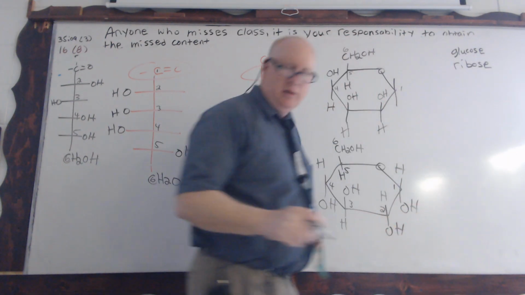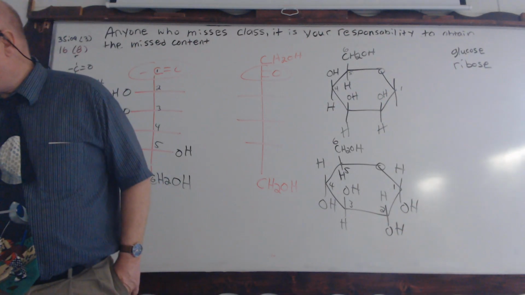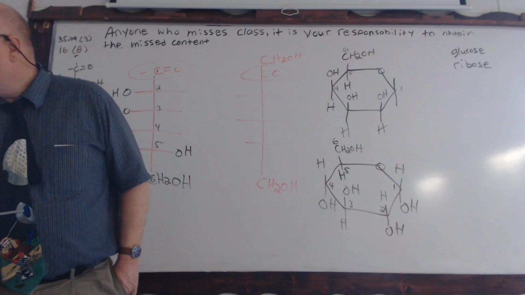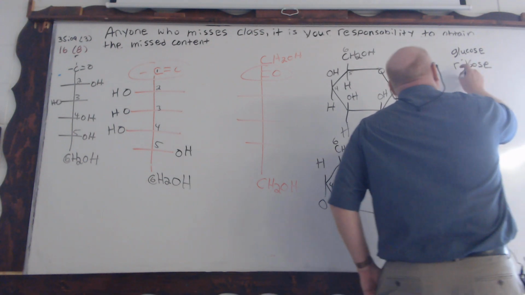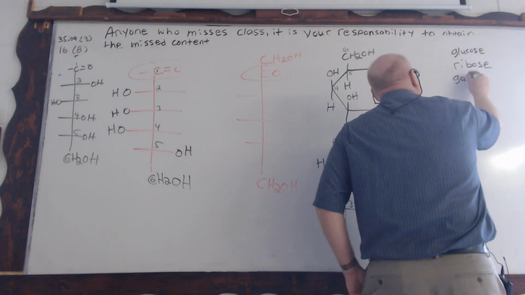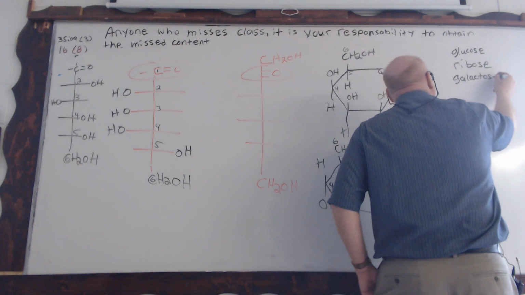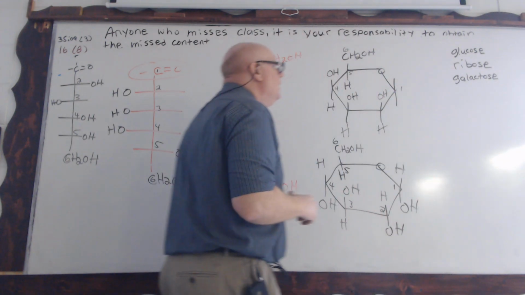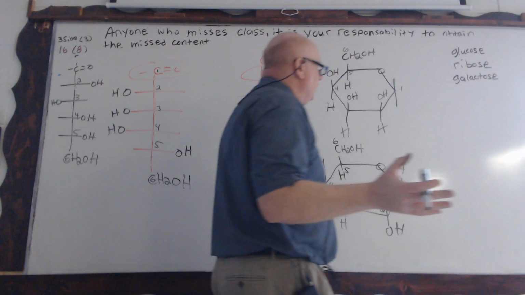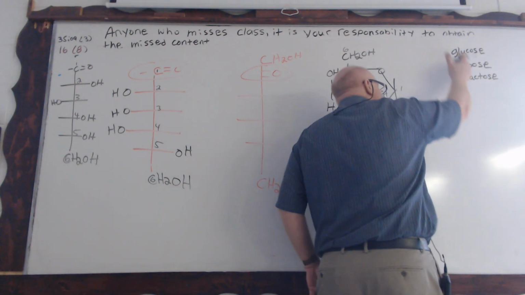And then as I'm looking at this paper, we'll go ahead and say galactose. Okay, so those three for right now, because if you take this class next year, it's these three, and then